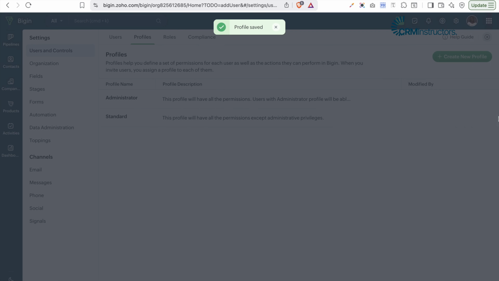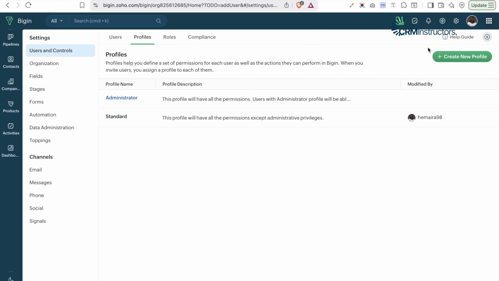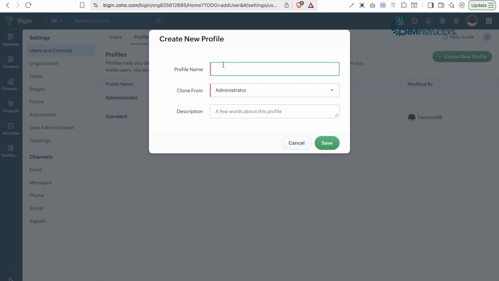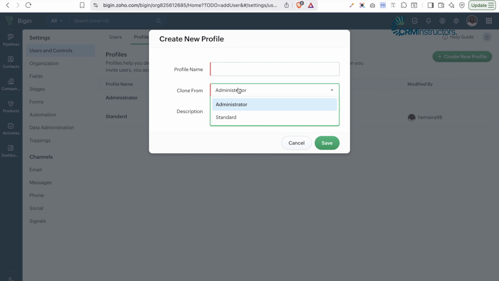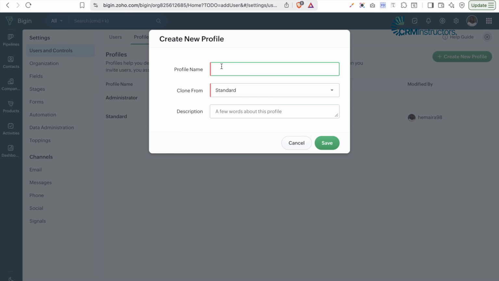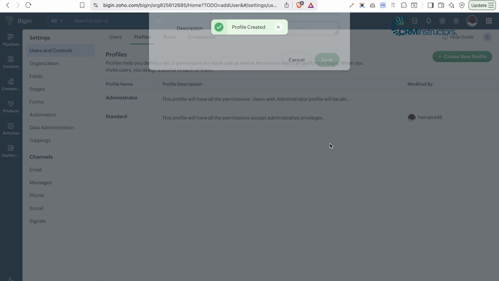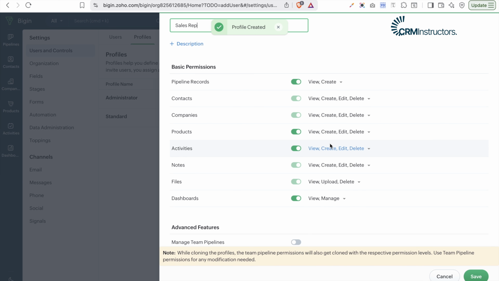If you want to create a new profile, all you need to do is click on create new profile, and it is going to ask you for the name of the profile, and you can decide who you want to clone from. You can say you want to clone from standard, and you can name this. So let's say we want to create a profile for sales rep. Let's name this sales rep. That means we are going to be creating a profile that is only going to be for sales rep. When you click on save, it is going to save that, and you can then edit